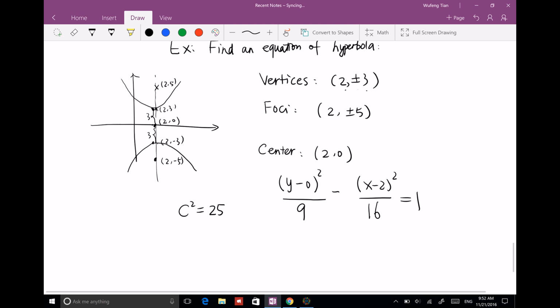Okay. Since c squared equals a squared plus b squared, and I got a squared equals 9 and c squared is 25, together I get b squared equals 16. Got this. Okay, so that's how you can write the equation of a hyperbola. I think we are done with 10.1, and